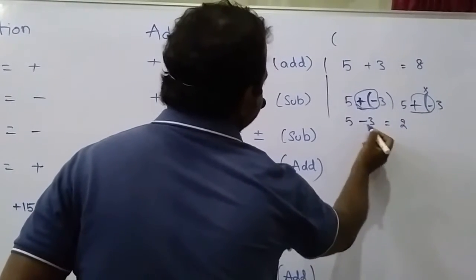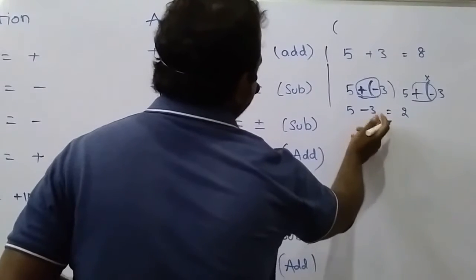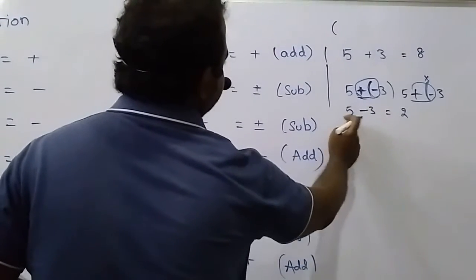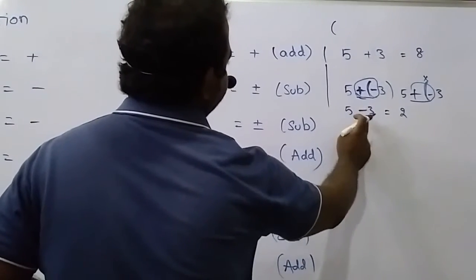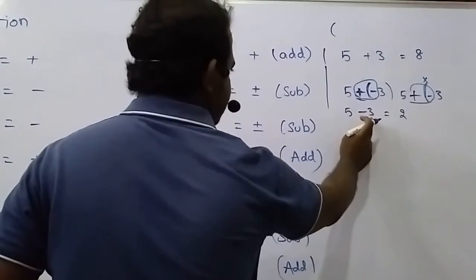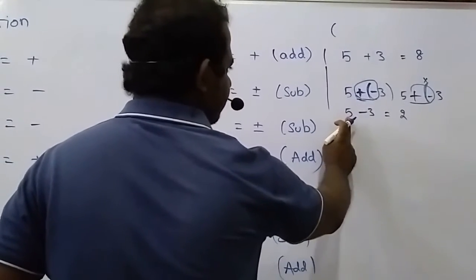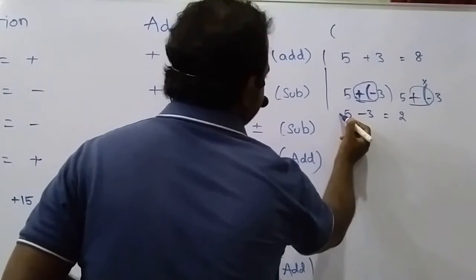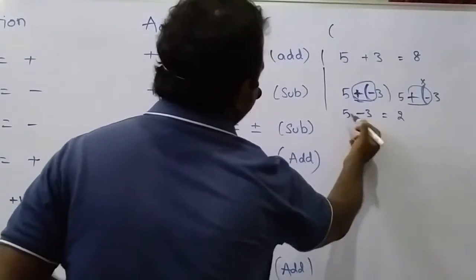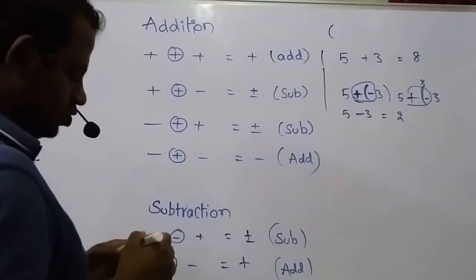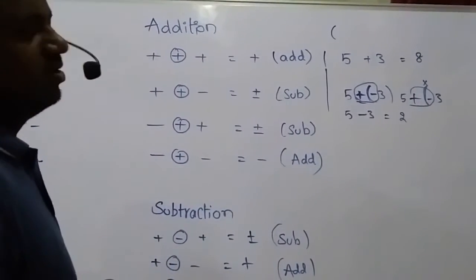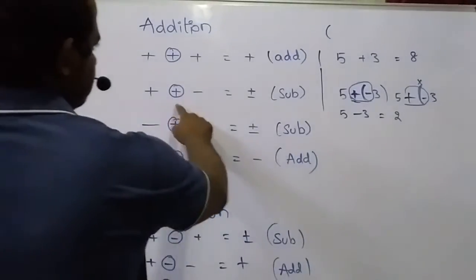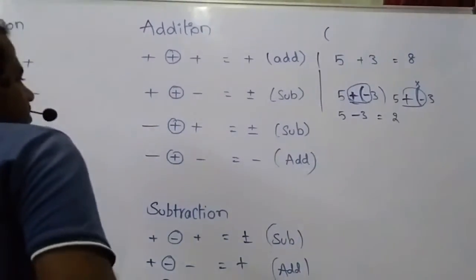In case of subtraction, we can subtract 3 from 5. 3 is a smaller number, 5 is a larger number. If we subtract the smaller number 3 from the larger number 5, we will get 2. The sign is the larger number's sign. 5 has plus, so plus. We need not write plus, it is the same. Plus 2 or just 2, both are the same number. So this is this case. Now we will see another case.